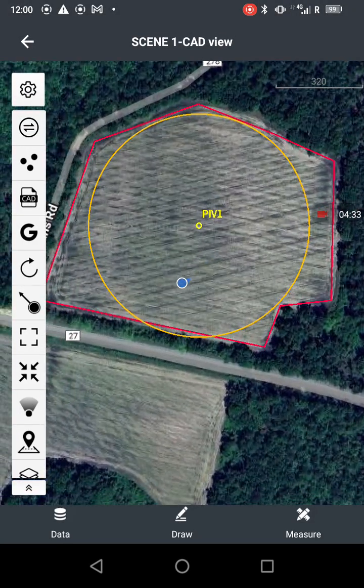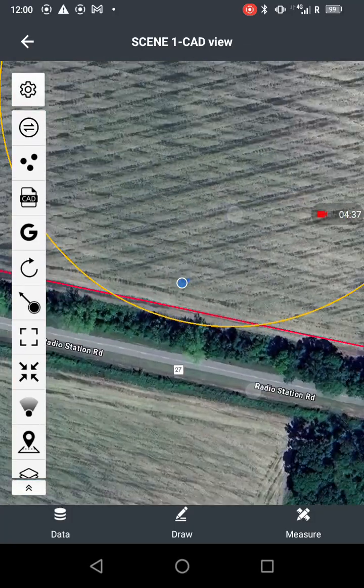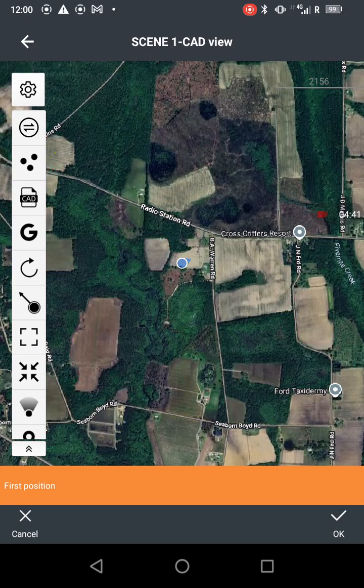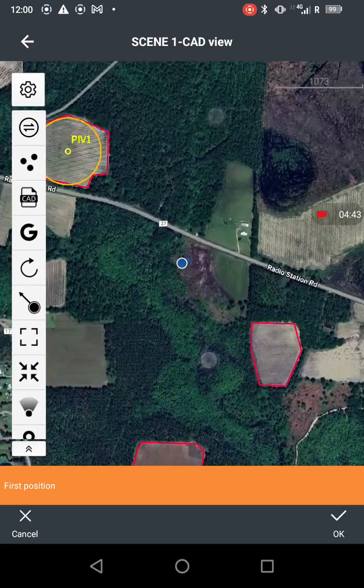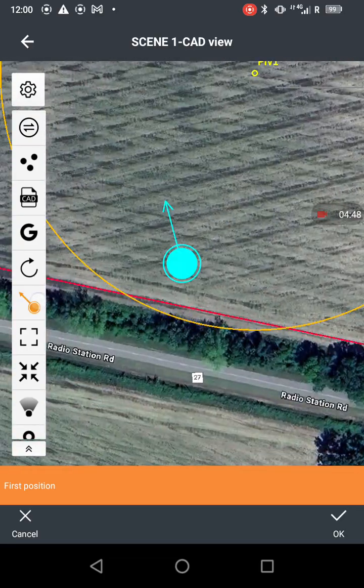So it's actually the shortest point is over here. So let's see how far outside of the field we're going to be running. So let's go measure, inverse,